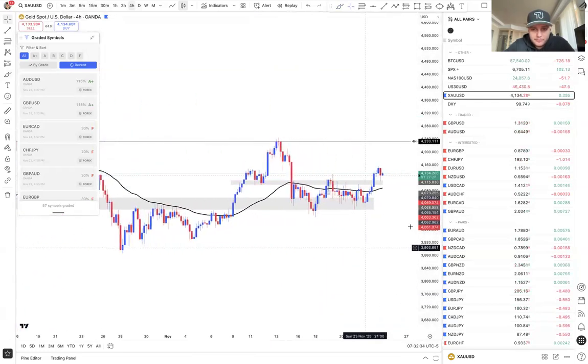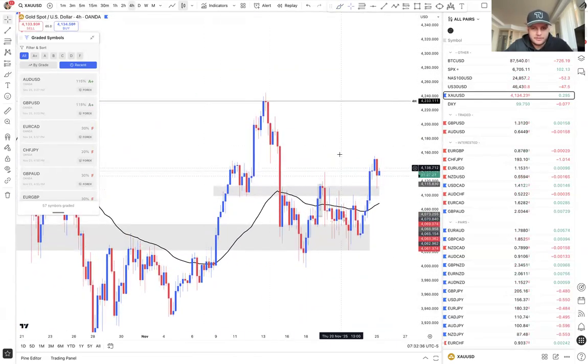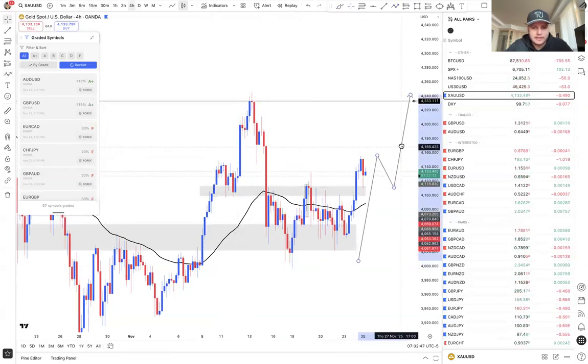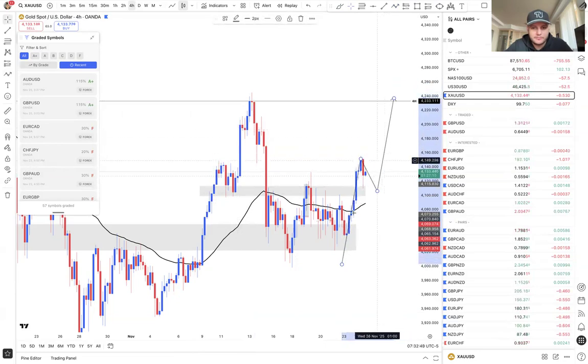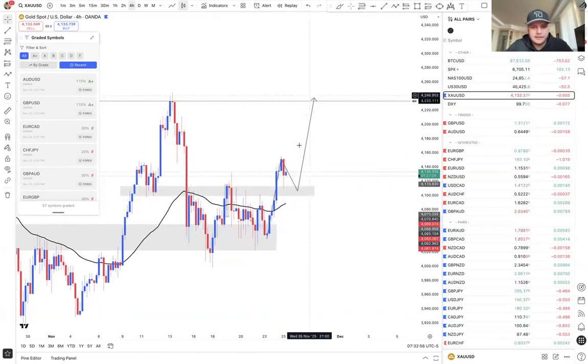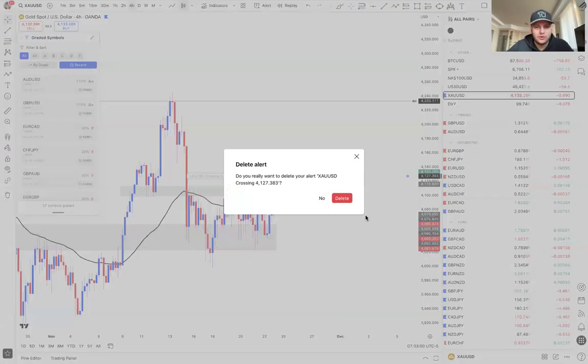At this point, I think price should sell a little bit into this area of interest down here. Like we did basically before, we bought very aggressively, pulled back a few times into this area right here, and then we bought. So it's kind of the same thing, where we buy, pull back into this area, maybe retest the EMA, and then we continue to buy. That's what I'm expecting for gold to do.